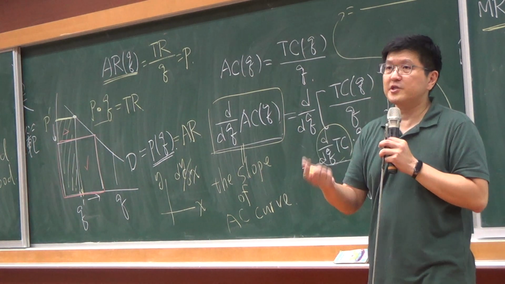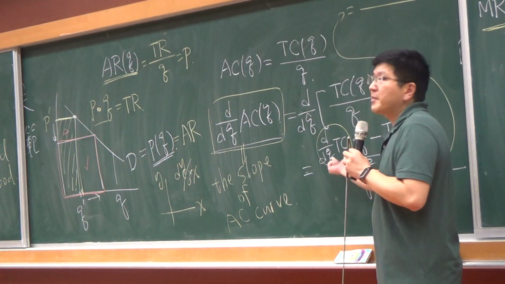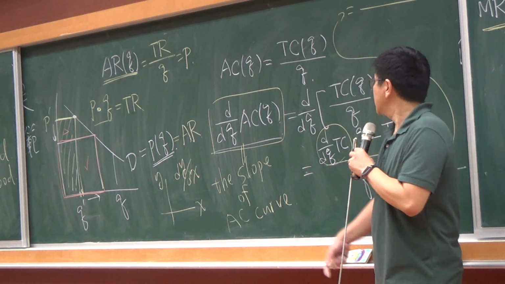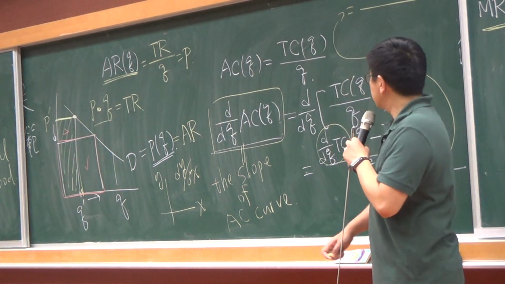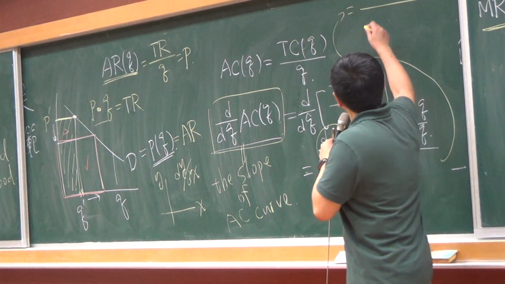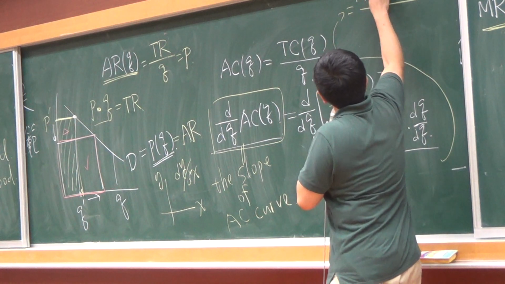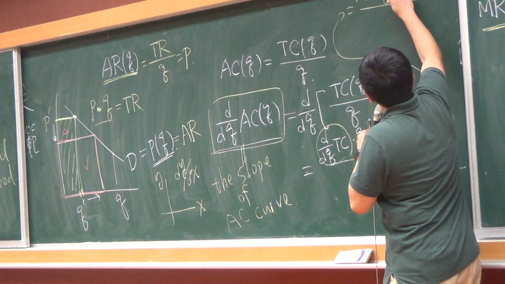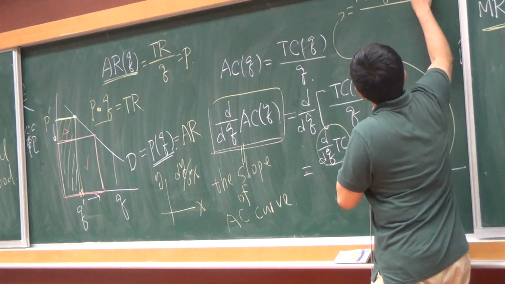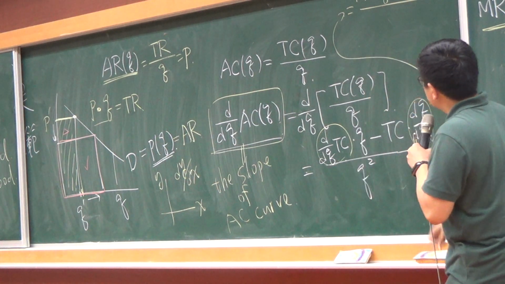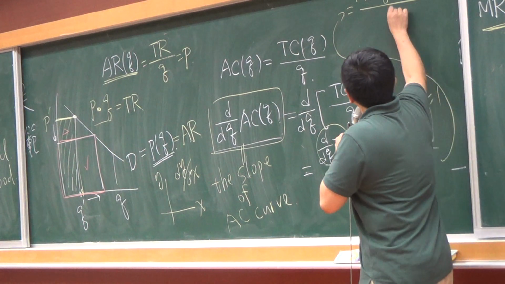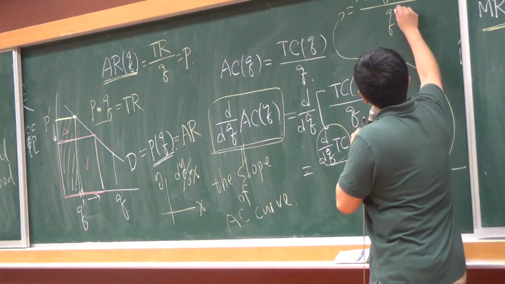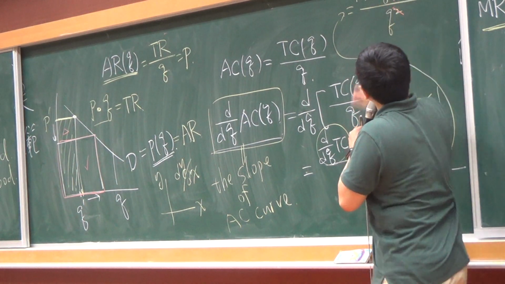One more unit you sell, and what about the total cost change? So this is the marginal cost. And it would be the marginal cost multiplied by Q minus total cost times 1. And we have Q squared. But if we divide Q